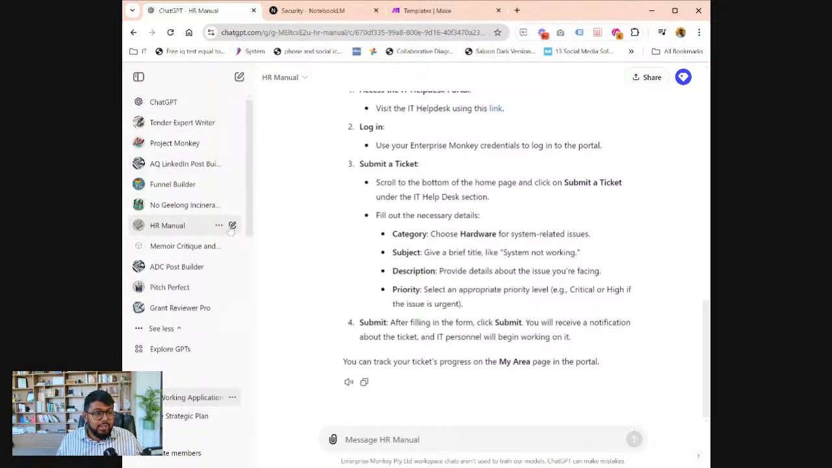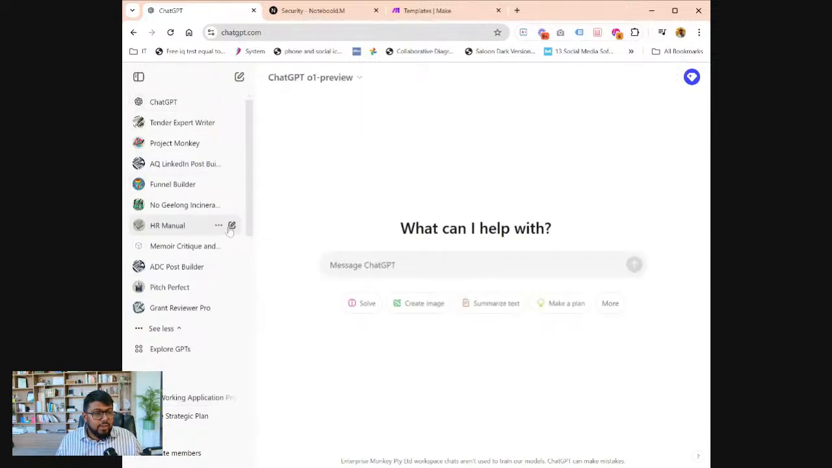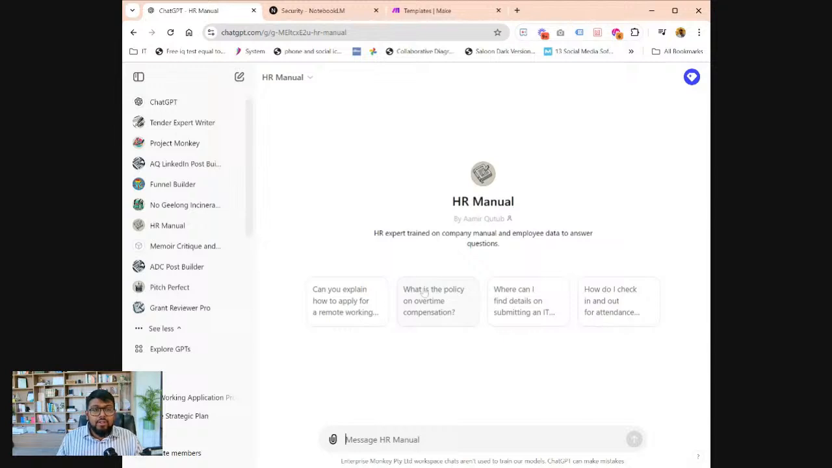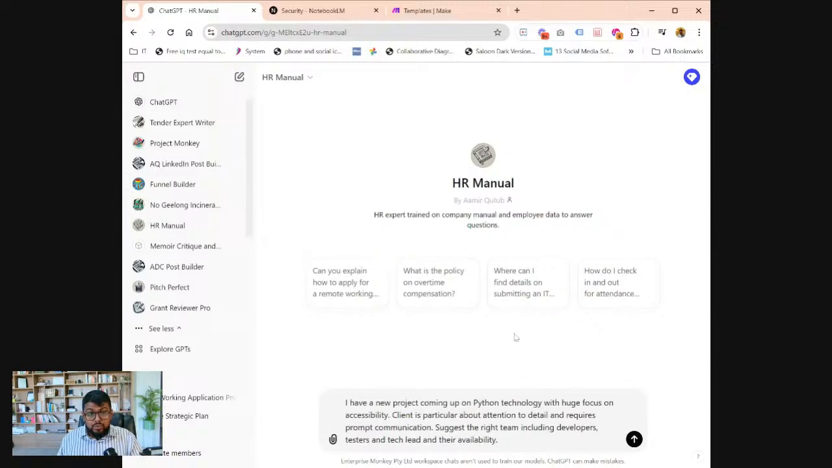So let's create another version of HR manual. And suppose we receive a new project and we have to find the right resources for that particular project. Now this HR manual is actually connected with my human resource management system, connected to my project management system. So it exactly knows what type of resources I have got, what their skill set is, and it can see their availability. So the question that I put over there is, I have a new project coming up on Python technology